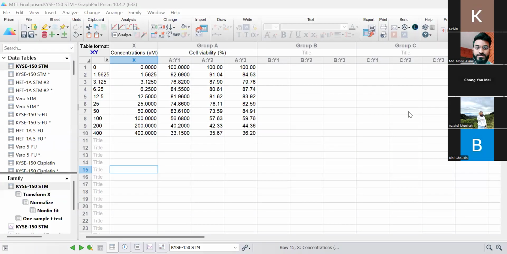Okay. Do you guys need me to show you how to determine the IC₅₀ or just ANOVA and t-test? I think you show all. Okay. So basically, I'll start with IC₅₀ first. So for IC₅₀,